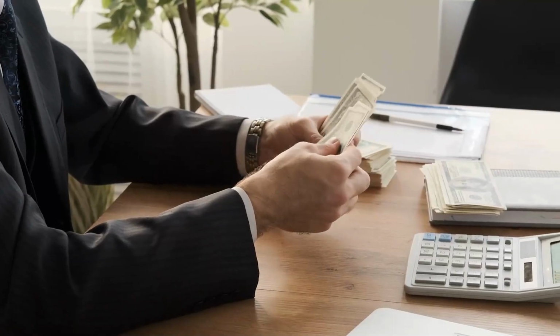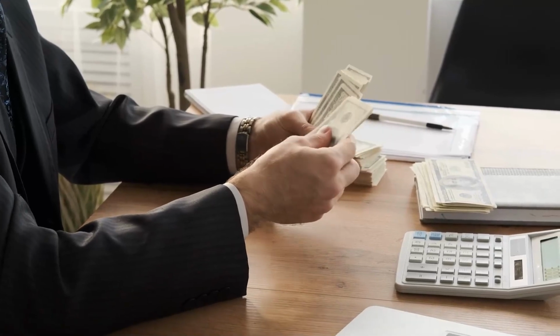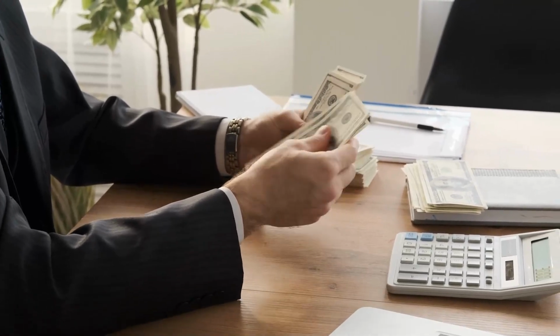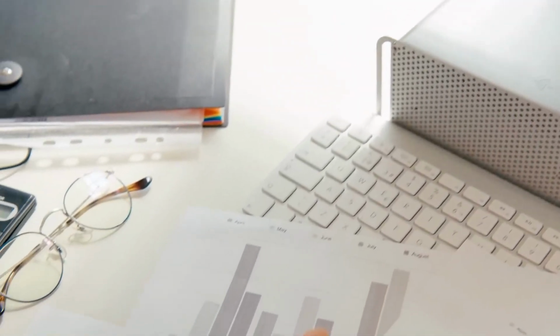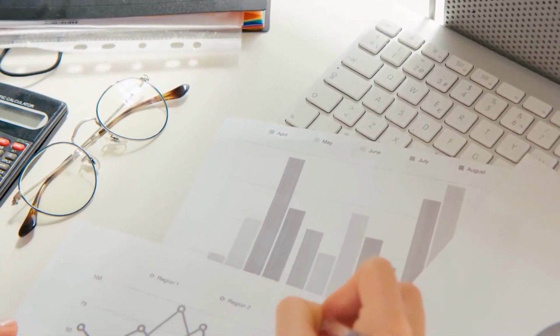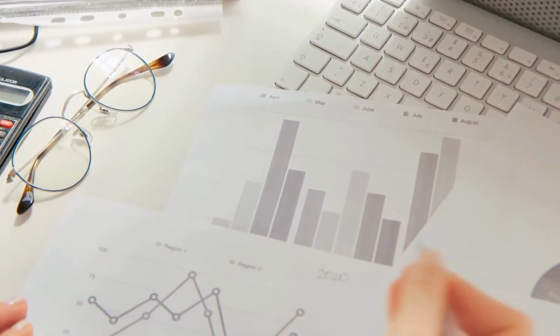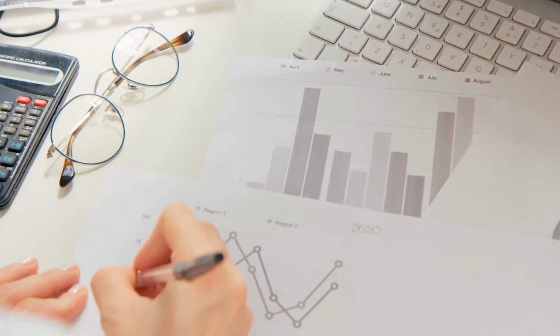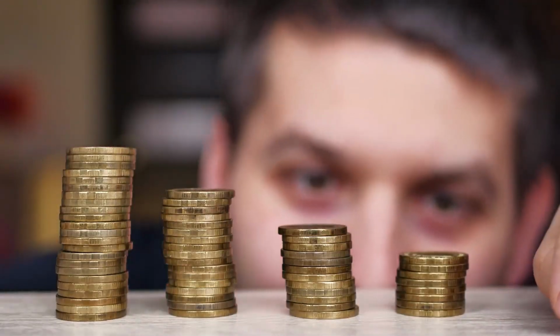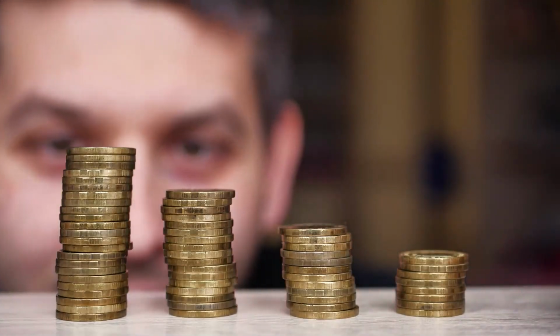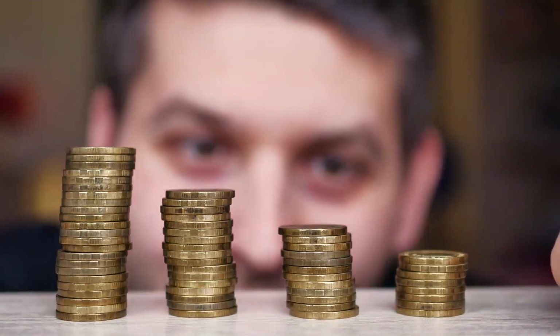In conclusion, understanding probability and risk is critical to effective risk management in trading. By understanding the probabilities of success or failure for your trades, you can make informed decisions about risk management and position sizing. By calculating your expectancy, you can determine the profitability of your trading strategy and make informed decisions about